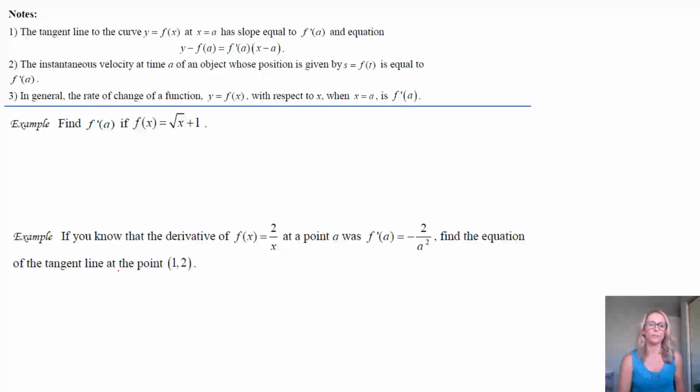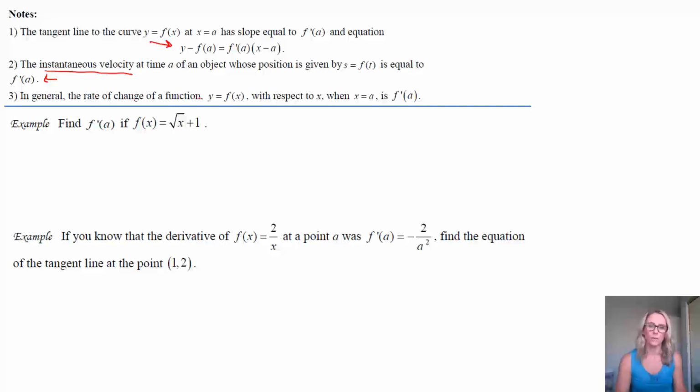So a few notes about this. Like we already saw this example, we found a tangent line to a curve at a point. And notice this looks very similar to what we found for that x cubed function. So it's just telling us what we already know, which is that this is the equation of that line. If you find the slope and you have a point, you can find the equation of the tangent line. We've also found instantaneous velocity. We just did that, and in order to do that, we did find the derivative at a point. So it's just telling us, you can use that notation, because we didn't use that notation yet, but you can use that notation.